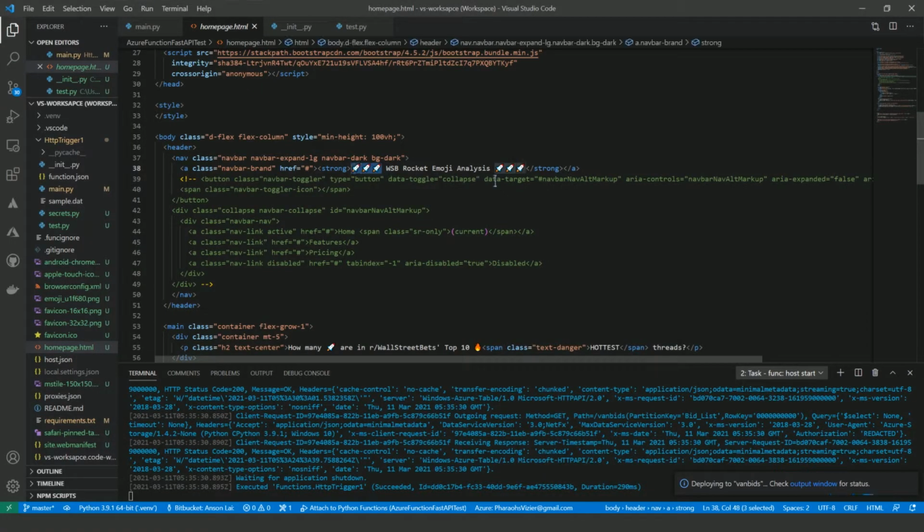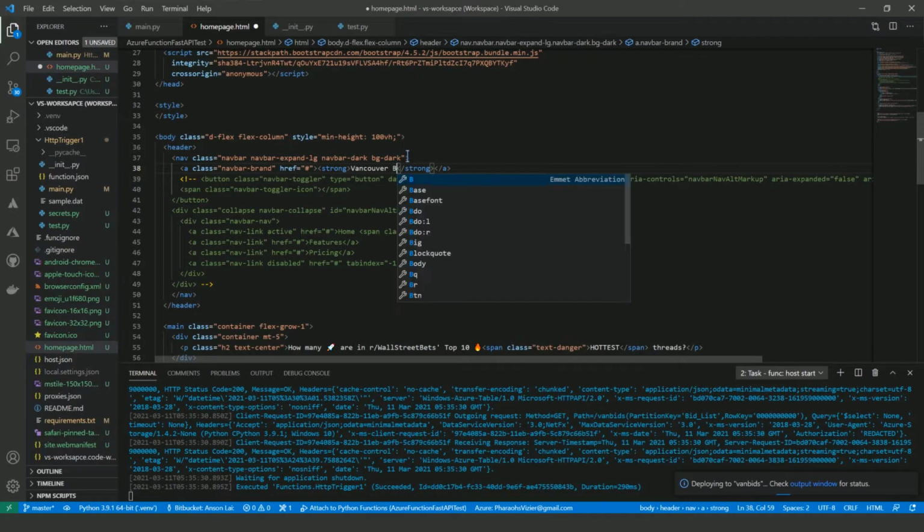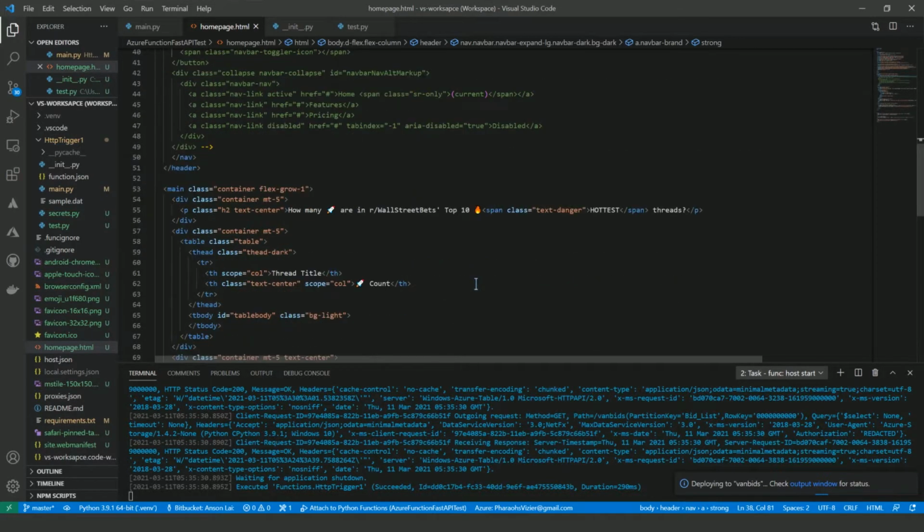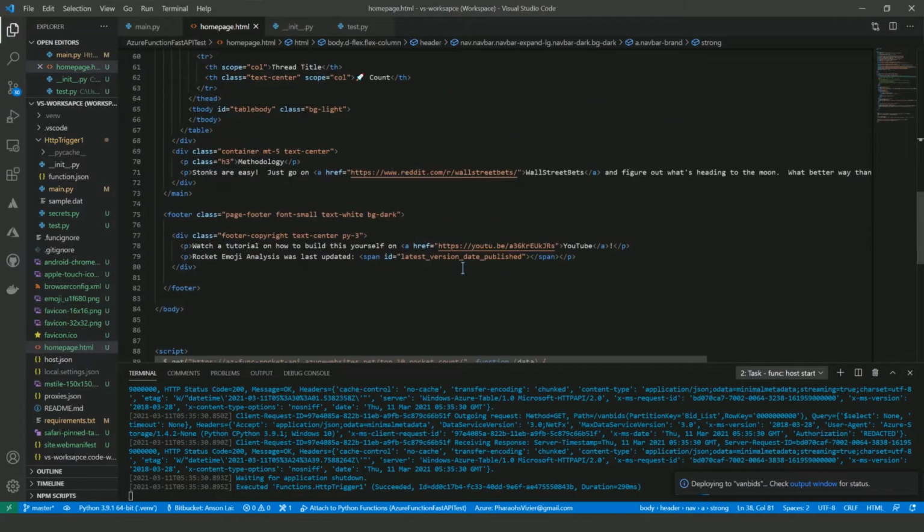So let's remove the crazy rocket emojis and start with Vancouver Real Estate Bid Tracker. I have the driest names possible, but I think that's an accurate description.